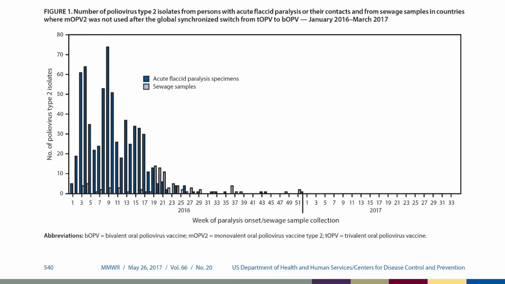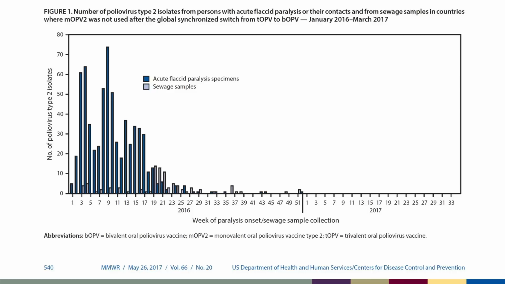So as you know, the switch in 2016 removed the type 2 component from the OPV vaccine. And here we show 2016 from left to right, and then 2017. So this is a figure from May of 2017. So you can see the decrease in type 2 specimens, AFP and sewage over time. And then in a minute, I'll show you that that increased, but it did initially look promising that what